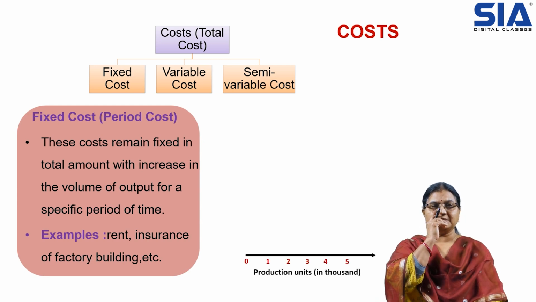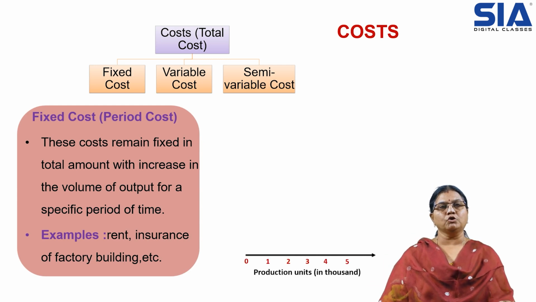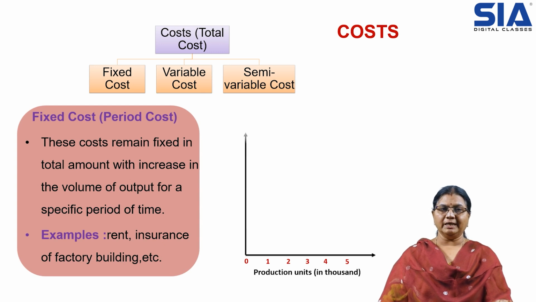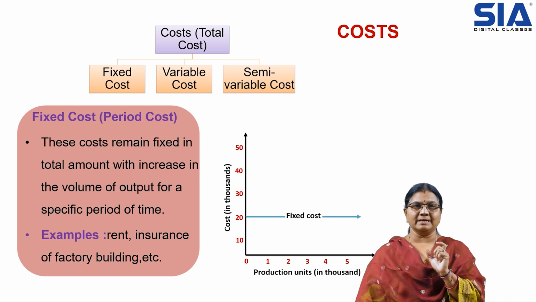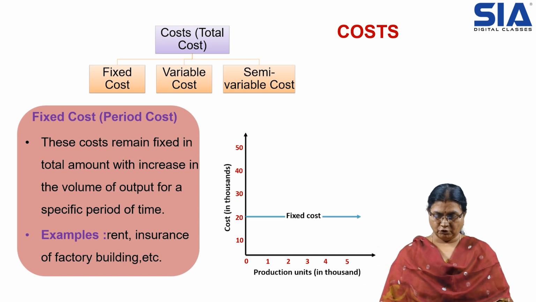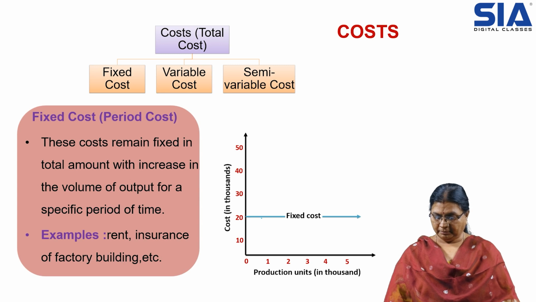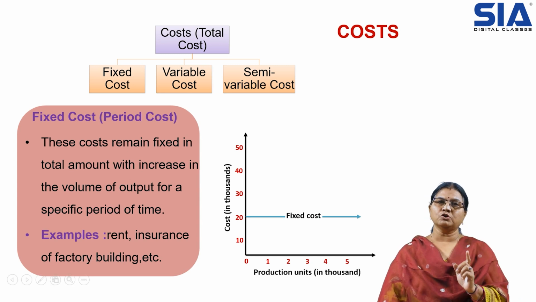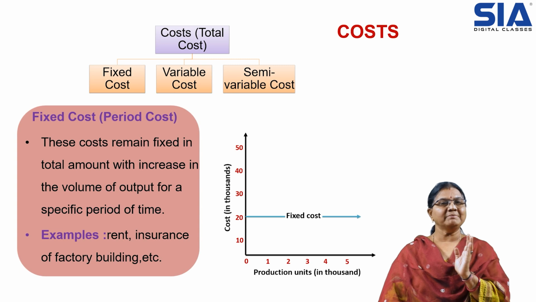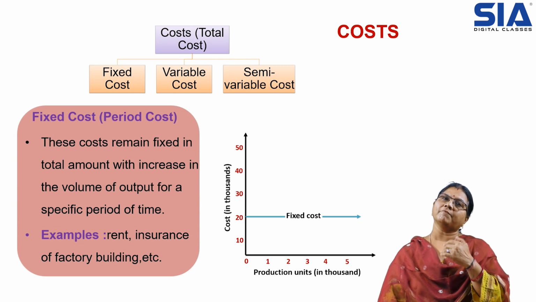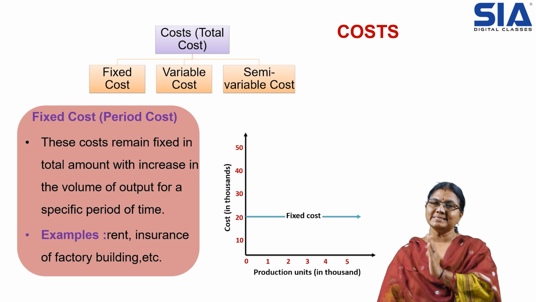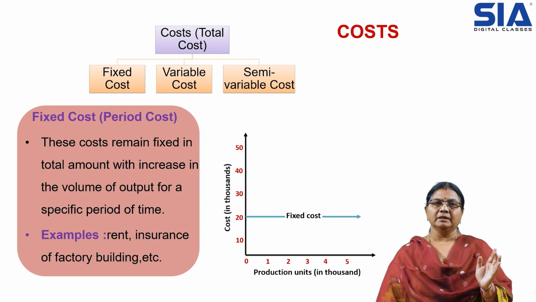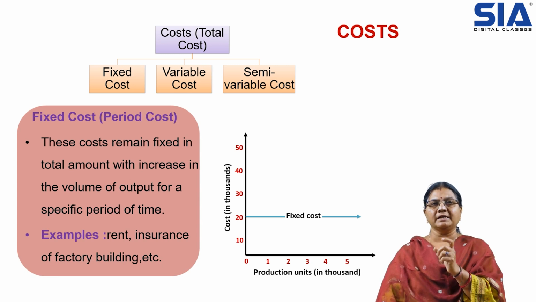First, to understand this in graphical representation, we have to draw the x-axis, that is horizontal, and the y-axis, vertical. Then the line across, horizontally, is the fixed cost. You can observe that fixed cost, whatever is drawn on the graph, is constant. Fixed cost incurred every time is the same, it will not change. Whatever volume of production we are producing, fixed cost remains the same. For example, rent of a building. Rent of the building will be the same whether you use it or you lock it. That is fixed cost. Factory rent, building rent, all these come under fixed cost.